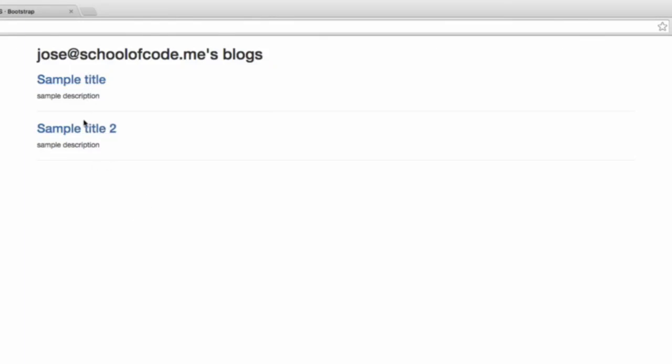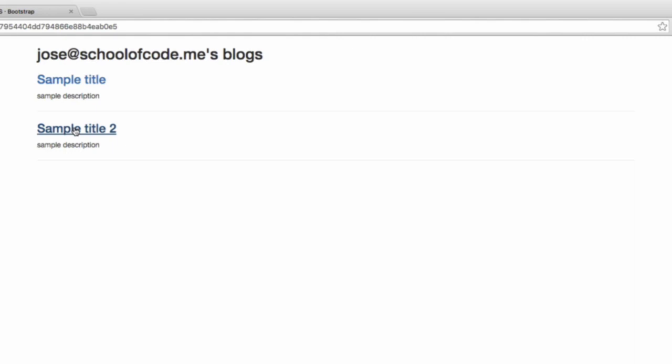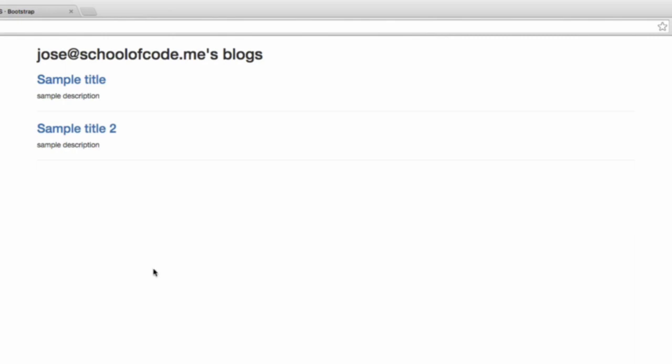Let's refresh that, and now notice how they've turned blue, and clicking it actually takes us to the right place. Clicking this one takes us to something that has no content. Alright, so that's how you would display the list of posts,